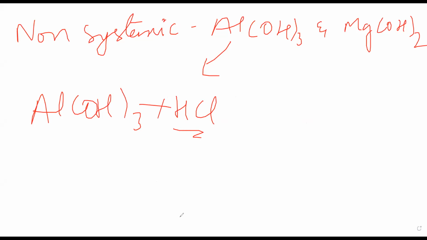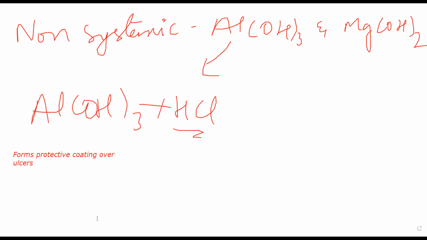Another advantage of aluminum hydroxide is that it will make a protective layer around your ulcers. It forms a protective coating over ulcers. It will not just specifically target ulcers, it will simply cause a protective layer like formation on the whole of your stomach, inside of your stomach. So that aluminum hydroxide is only acting with hydrochloric acid and it will not let hydrochloric acid react with the tissues of your stomach anymore. The lumen, the epithelium which is present on your stomach, it does not let it react. That is another advantage of giving aluminum hydroxide.